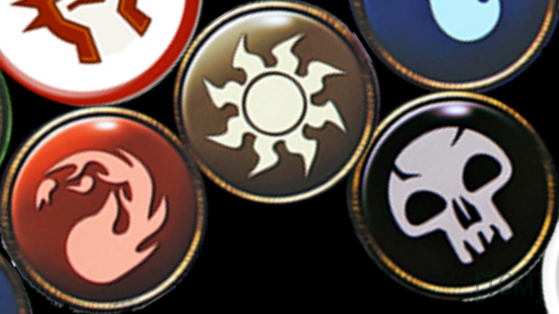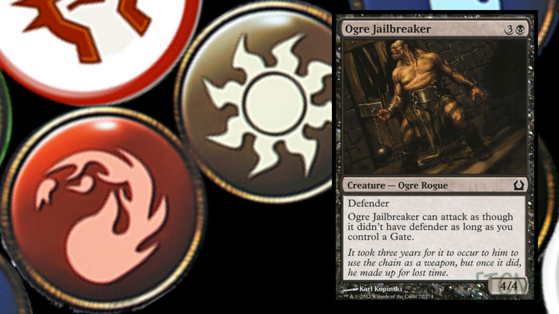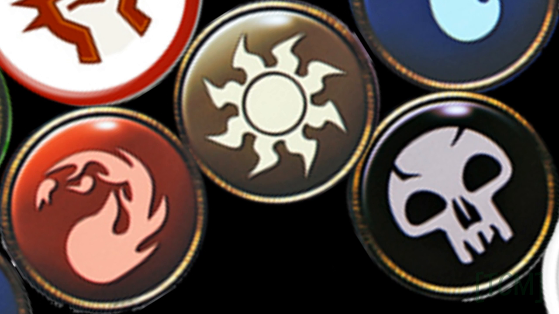For the same reason that Gateway Shade got better, Orzhov Basilica got better too. You're wanting to be the aggressive deck, probably. So a 4/4 for 4 is fine, and he's probably going to be able to attack most of the time. He's probably not going to have his defender most of the time. Right. So if you're trying to be Orzhov,